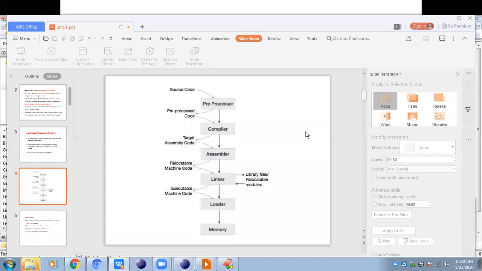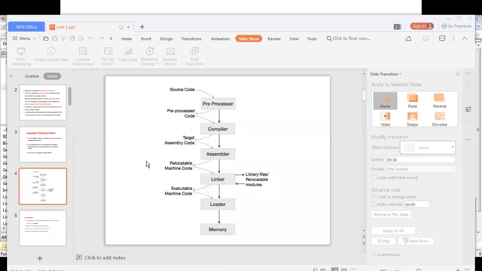Generally we say that the compiler converts high-level language to machine code, but not directly to machine code here. The compiler will take the preprocessed code and check for errors in that code. If there are no errors, it will translate the preprocessed code to assembly language code, not directly to machine code.